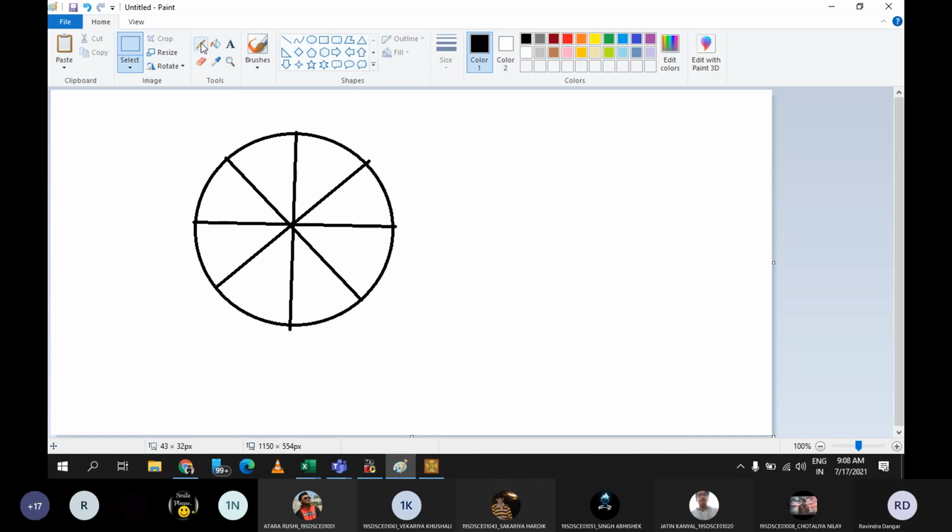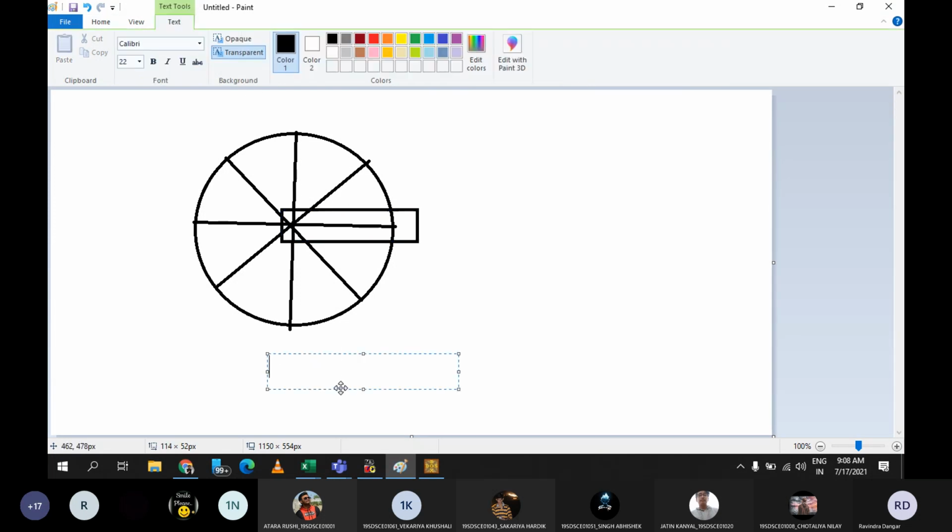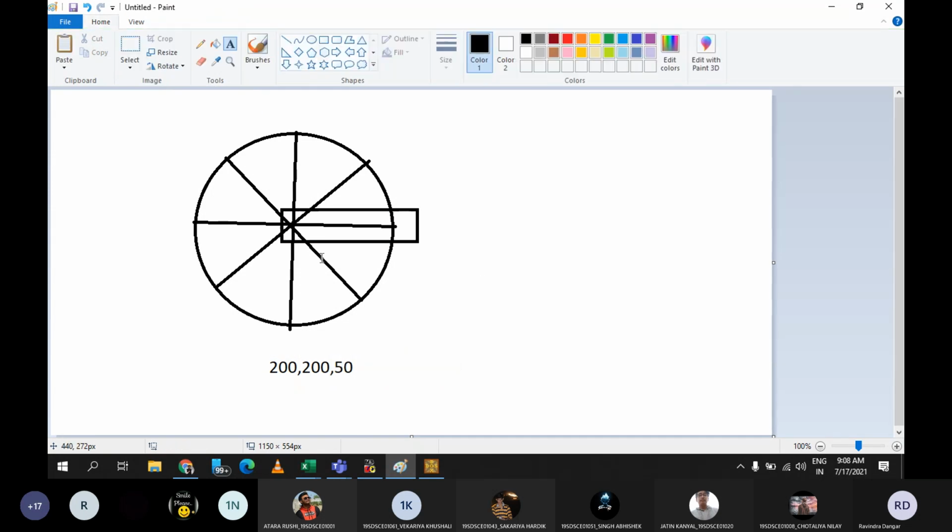Let's say first we will discuss about this line only. Let me discuss about this line. So for example, let's say the coordinates of this circle, center is 200, 200 and radius is, let's say I'm going with 50. So can anyone tell me to draw this kind of object? See, I want to draw the object like this. From center I want to draw this line.